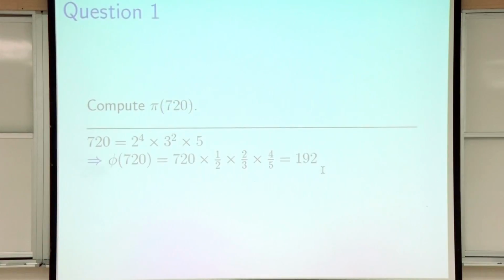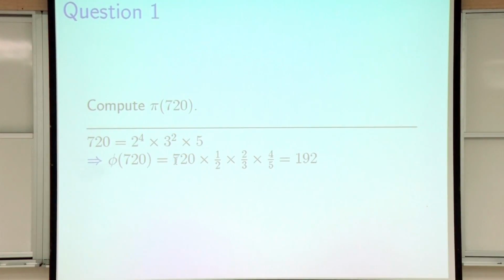And so let's start with discussing the solutions of our fifth homework now. So first, for the first question, we ask you to compute phi, the Euler phi function, of 720. So we know that 720 is equal to 2 to the power 4 times 3 to the power 2 times 5. And then we know all of its prime factors, and we get